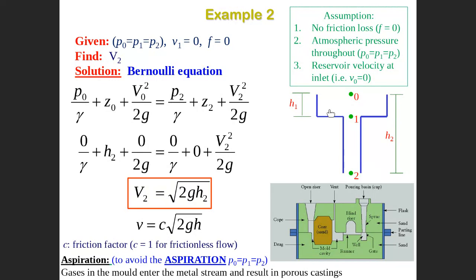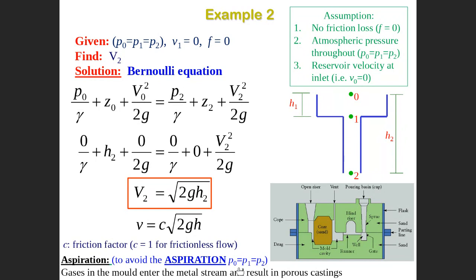Last time I told you to avoid aspiration. What is aspiration? Aspiration, as written here, is gas trapped in a mold, in the liquid metal or liquid material. So gas is trapped inside the liquid material, finally leading to porosity. To avoid aspiration,